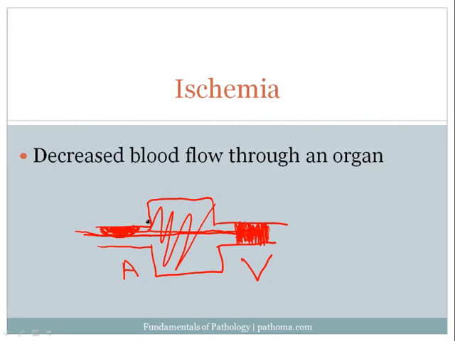So this is one way by which ischemia can occur, and of course ischemia would be a cause of hypoxia, which is the discussion that we're having. A third way by which ischemia can occur is called shock. Shock refers to a generalized decreased perfusion of the vital organs, and it can occur, for example, if the heart's